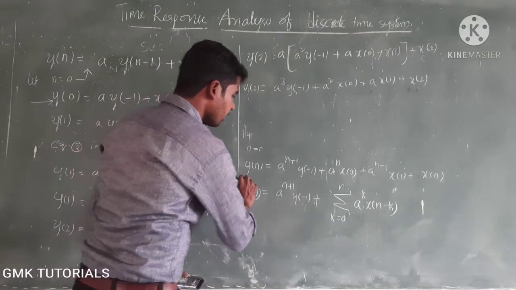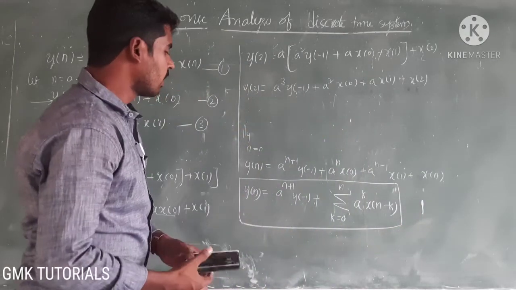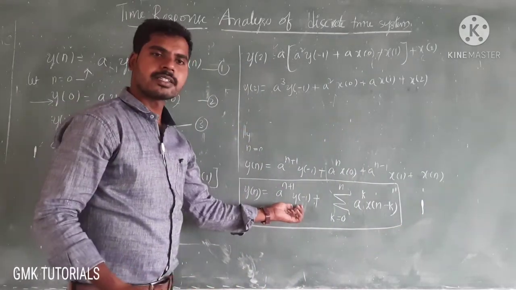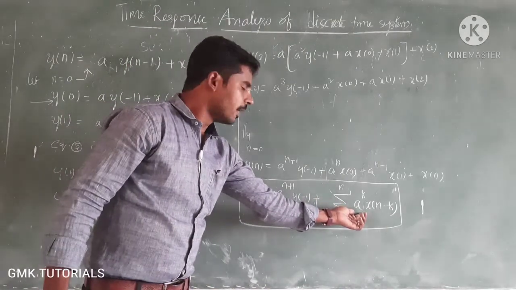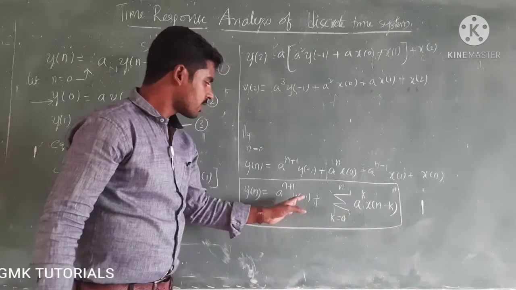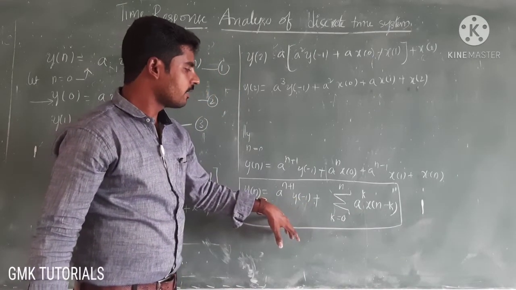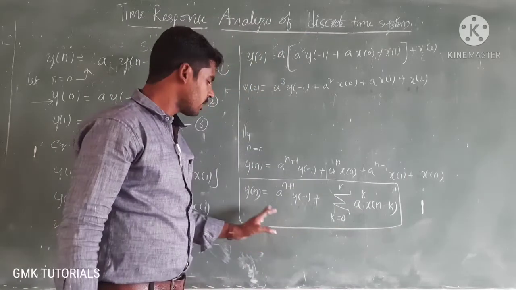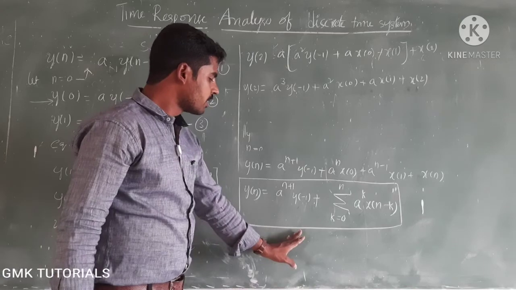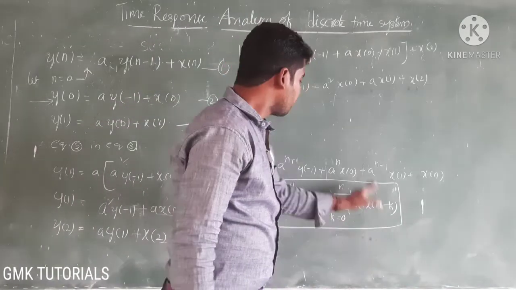So in this equation we have two parts. This part completely depends on the previous values. This part completely depends on the input values. So that's why the response of the system completely depends on the previously relaxed values as well as the input values. Based on that we can also classify the response of the system as zero input response plus zero state response. Okay, please note down this one.